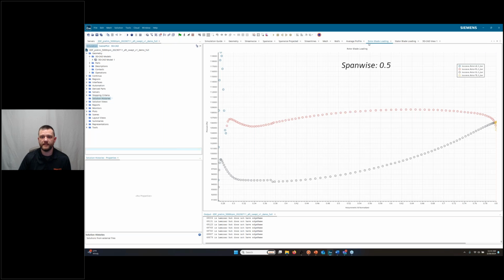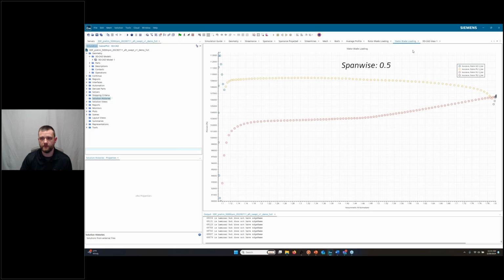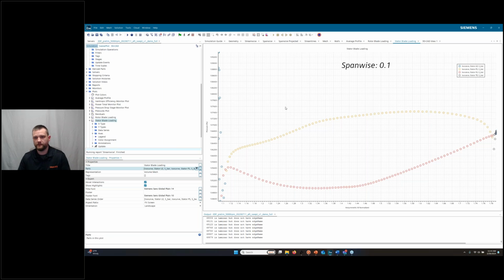Likewise, blade loading for the rotor, as well as blade loading for the stator. And once again, these are all tied to our automation, or our parameters, where if I change this value to 0.1, it automatically updates that for us, and we can see that.